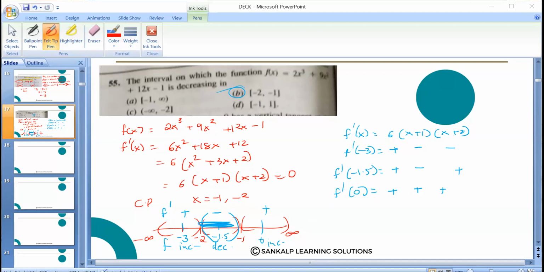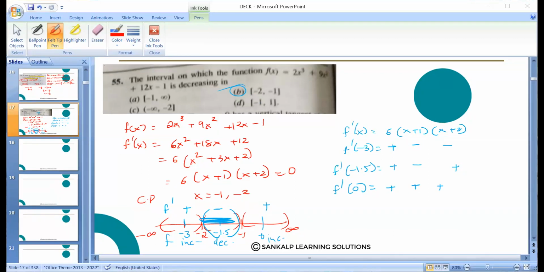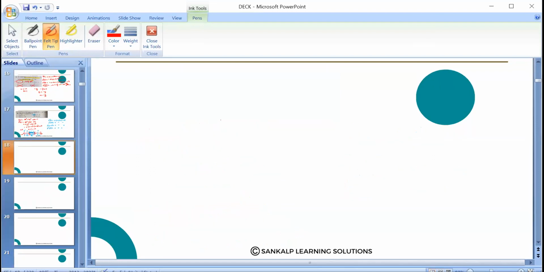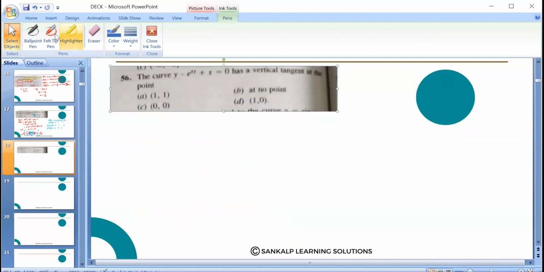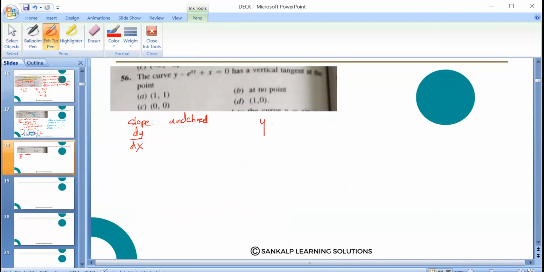Next, I'll put 56. The curve y equal to e power xy plus x equal to 0 has a vertical tangent. Vertical tangent means slope has to be undefined. Slope means dy by dx. So take y,